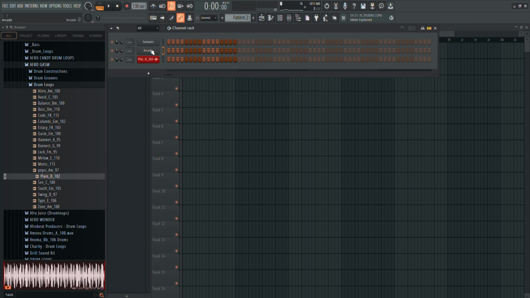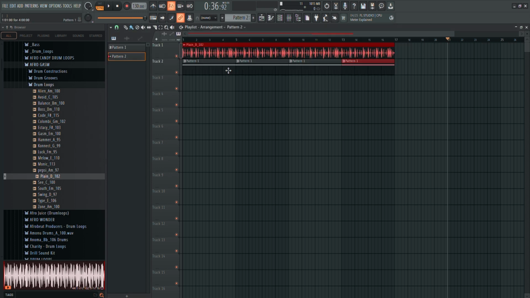So now I need to clone this arcade. If I should open this same arcade without cloning it, automatically it will change the one I have here. I don't know if you get what I'm saying. The pattern 1, now I have pattern 2 because I created 2 just by pressing this plus. So this pattern 1 is still under arcade. If I now create another pattern,